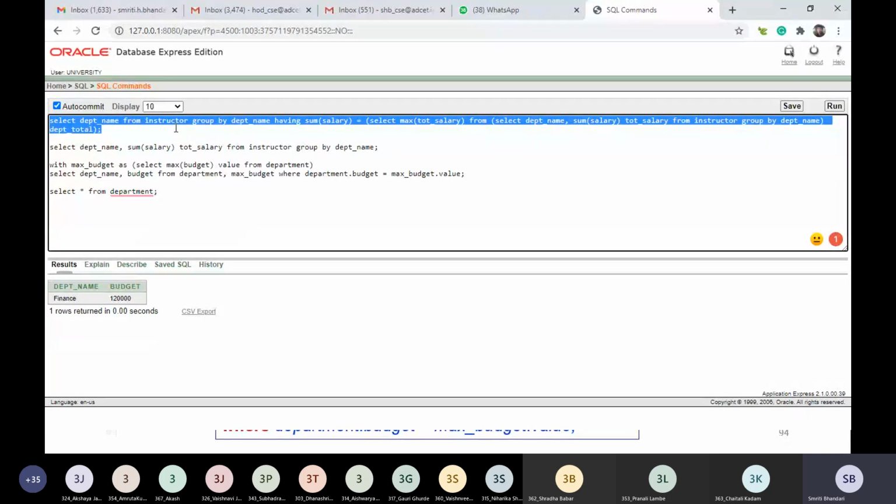So whatever this query we have written, you try to use with clause to write this query to get the department name for which the total salary is maximum. Right? So we used here the derived relation. Now I would suggest you to write the same query by making use of with clause. Right? Got it?